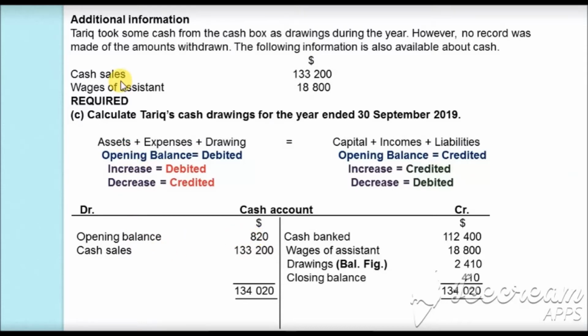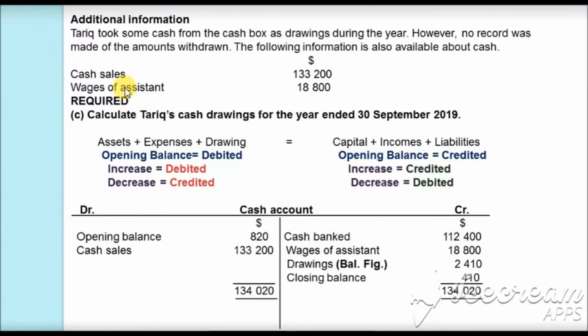Then cash sales increases the cash balance in the business, and any increase should be debited. Hence cash sales are debited here as $133,200. And after this, whatever is paid from the cash box will reduce the cash balance, and any decrease in assets should be credited. So in the receipts and payment account, it was mentioned that the cash was banked, that is, cash was taken out from the business and deposited in the bank account. So this will reduce the cash balance, and as it decreases the asset, it should be credited. Cash banked is credited here as